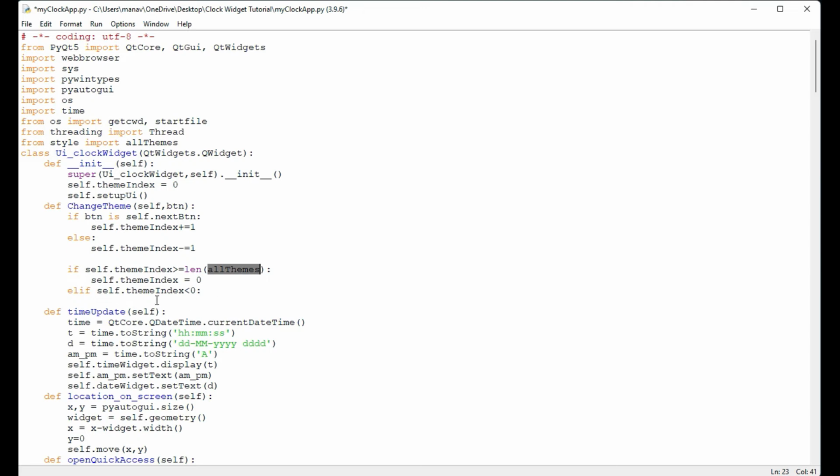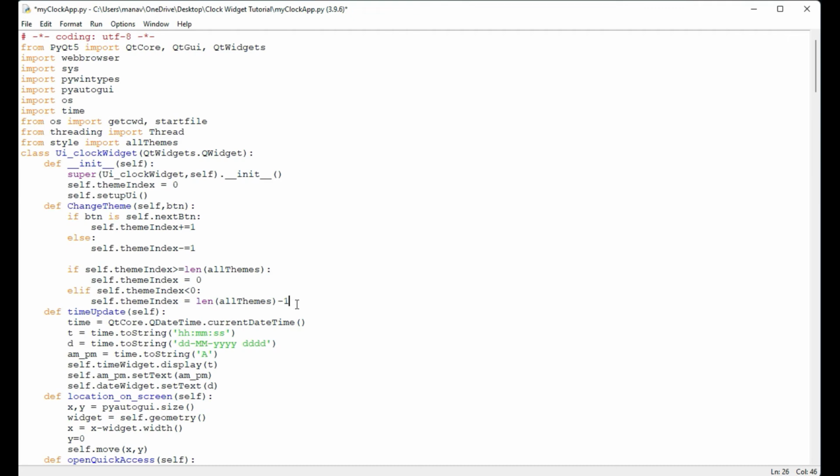So I will just come here and I will say that it will be self.theme index equal to length of all themes -1, because indexing starts from 0. So I will use length of all themes -1.